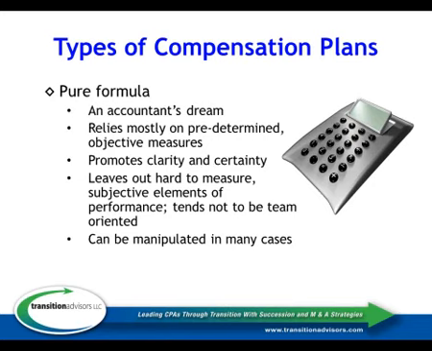The typical metrics that we're talking about with formulas, the most popular, of course, is book of business. How large is the book of business? The next would be billable hours. How many billable hours does a partner produce? And then the next would be new business, if they feel like they can capture that as a separate component of activity, or sometimes that just gets thrown into the book of business calculation. Another metric that gets used sometimes is equity, and then of course you have variations like how collectible the business is, how effectively you're managing work in process, and then we can start adding some intangibles in there as well, which of course requires subjective evaluation.